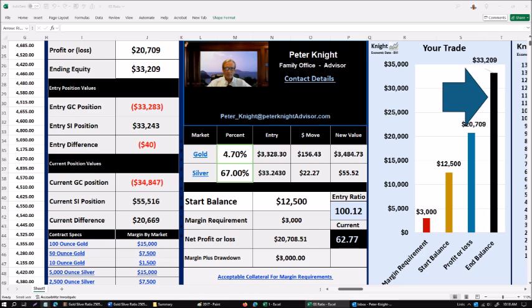I'd like to emphasize, all we're trading is the ratio, and we're doing this with a leverage cost of less than zero. Total transaction costs to initiate and liquidate this position, including all bid-ask spreads, all exchange, brokerage, regulatory fees, and carry costs, were less than $100, which would reduce the profit on this position from $20,709 to a net gain of